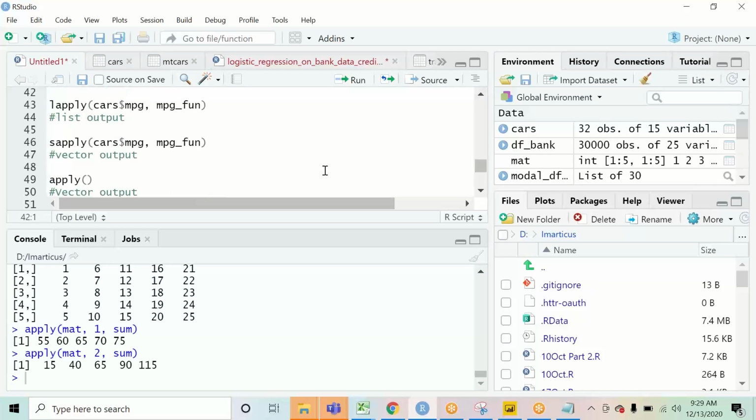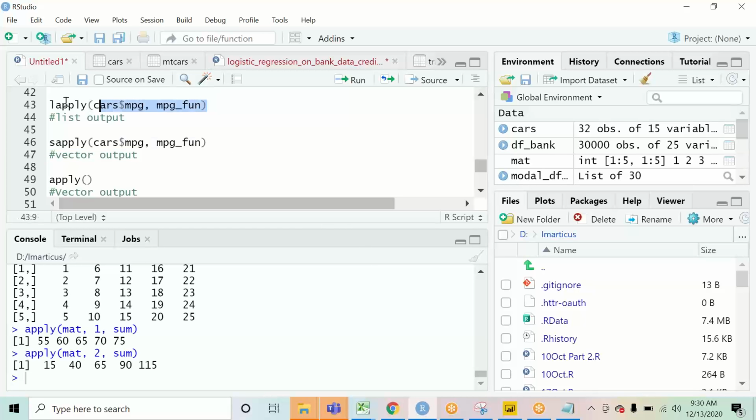So if you see over here, when I was using lapply, the code was the same, and over here the code was the same. It is just that instead of L I have applied S. So in both cases the input is the same, but the way the output is being generated is different, right? lapply is giving you the output in the form of a list and sapply is giving you the output in the form of a vector. So the type of the output is changing.